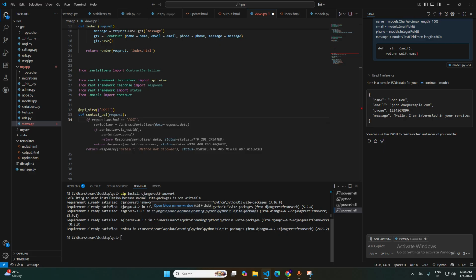Actually, at the rate of API views post, that means this function only accepts post requests, and we are not allowing get, put or delete here. And after that I write def contact API, that means the function name, and write bracket and write request. Actually this is the function that handles the API request. After that we will